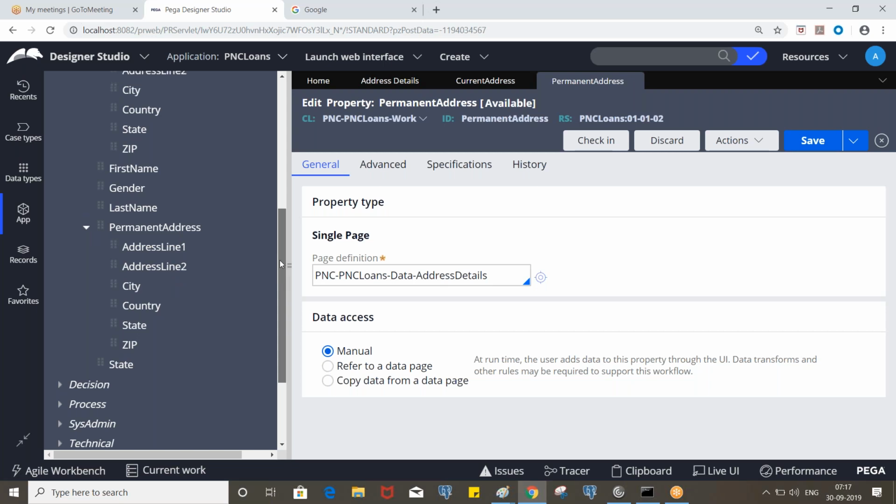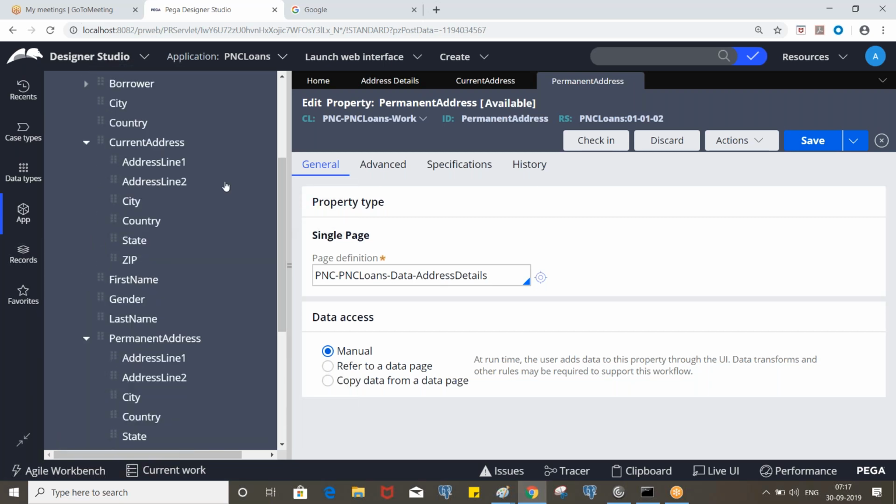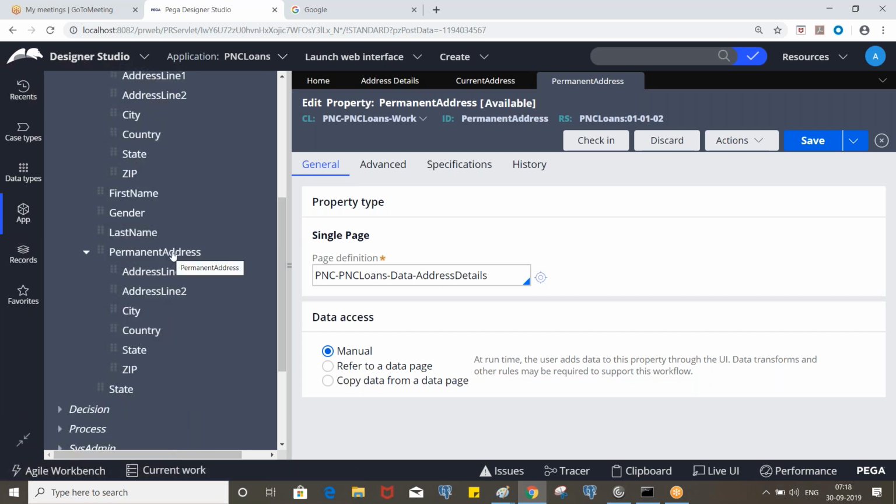Now on the user interface, if we want to use the current address properties, we need to use them through this page, like current address dot address line 1, current address dot address line 2, etc. Similarly permanent address dot address line 1, address city country. That's what.